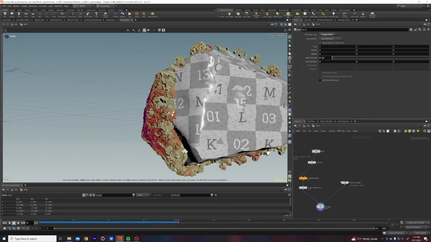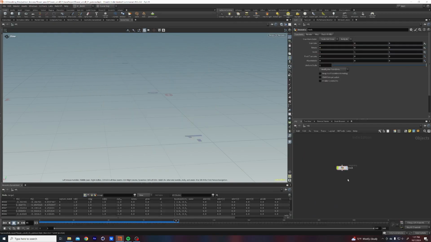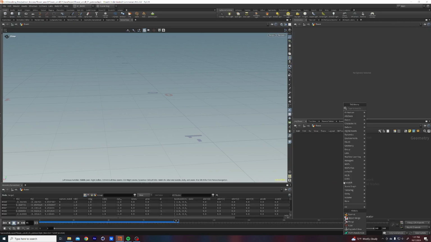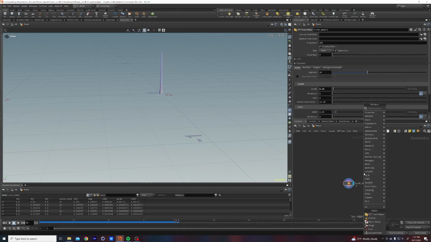But we can actually make our own flowers with this simple tree. It's not just for trees, it's literally for flowers and stuff. So why don't we do that? So let's turn this off, let's make a new thing. We'll just make a simple flower that we can instance across this thing. So let's do trunk maker, so STT trunk maker, and let's make the height or the length much shorter, like this. And then we'll do branch maker,